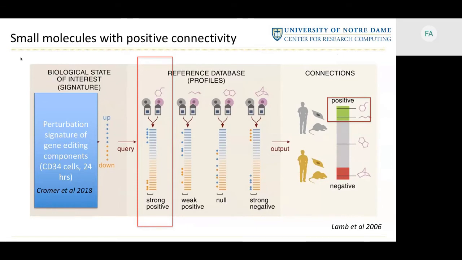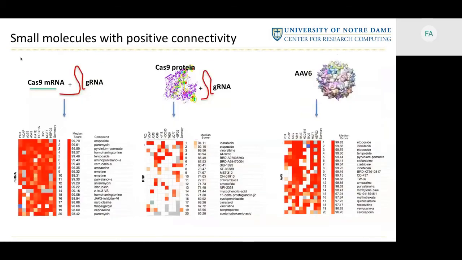So you can imagine a case where if you take the perturbation signature from genome editing technologies and match it to the contents of the CMAP database, you might get a match in which genes that are up and downregulated by the gene editing component are also perturbed in a similar manner by a specific small molecule. When we do that, we find that there are a number of small molecules that actually show very strong patterns across several cell lines that are similar to patterns that are obtained by perturbations by small